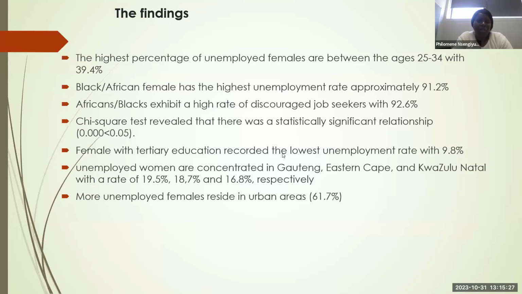I used chi-square to test the relationship, and it revealed that there was a statistically significant relationship between some independent variables and the dependent variable, which is unemployment. I found that females with tertiary education recorded the lowest unemployment rate, with 9.8%, and unemployed women are concentrated in Gauteng, Eastern Cape, and KwaZulu-Natal, with rates of